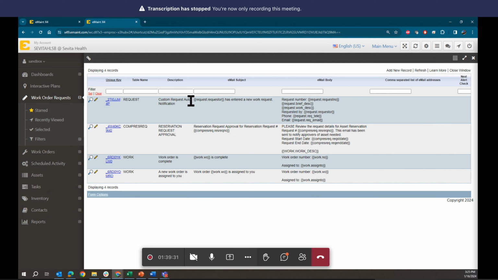Okay, so request number, okay, so we can use this one because we have the request number, description, requester, phone, and email. Okay, we can use this. This is the information that I need. So it's already here. But in the case that I need to change or create a new one, I just need to add a new record